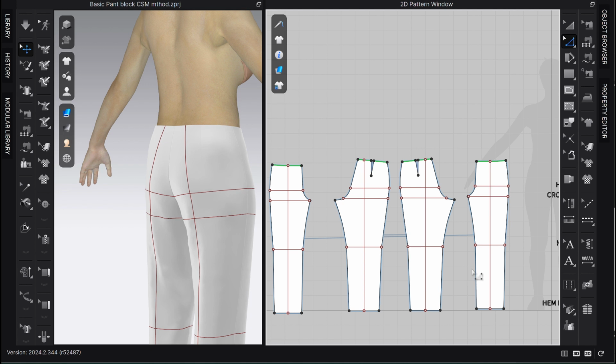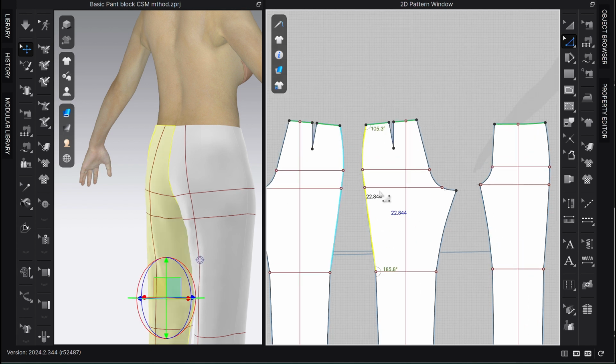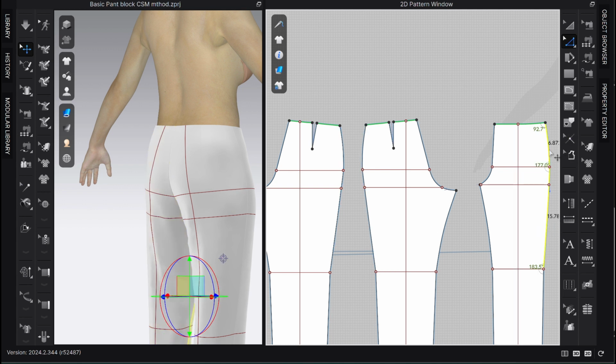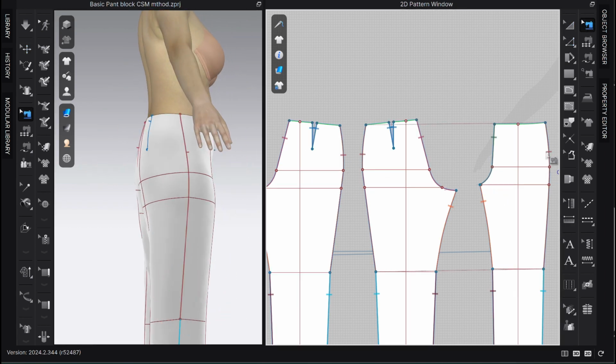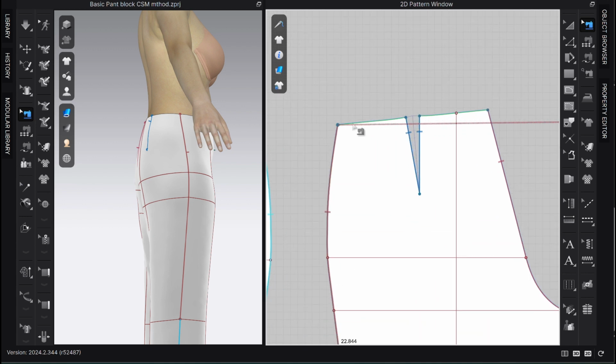We already had checked our inseam length before, so we know back inseam is slightly shorter on the back and we are fine with that. But the outseam, again, we need to check it's equal below knee line. But here on the back is 22.8 while it is 22.6 on front. So if I edit the sewing here and bring it